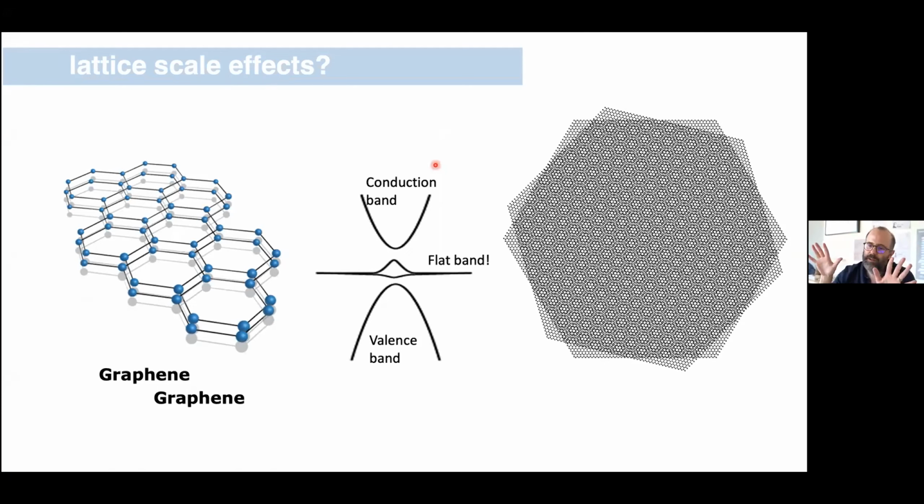And small incommensurabilities in the rotational alignment mean that I have a periodic structure over which the lattices go in and out of commensurability locally. So now this is another way of imposing a superlattice potential. Again, the wavelength of the superlattice potential is angle dependent. But in this case, of two-layer graphene, something really rather remarkable happens.